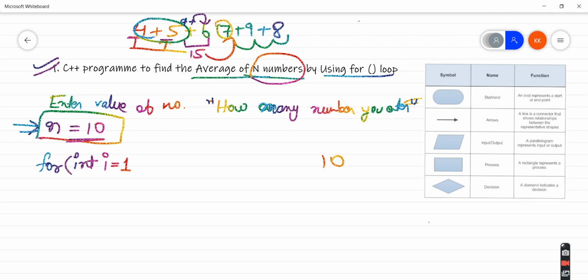The first number will be entered by the user, then the second, third, fourth, fifth, up to the 10th number. So that's why I have initialized this one. At the condition of 1 I take the first value, then the second value, then third, fourth, fifth. So that's why I have declared for i is equals to